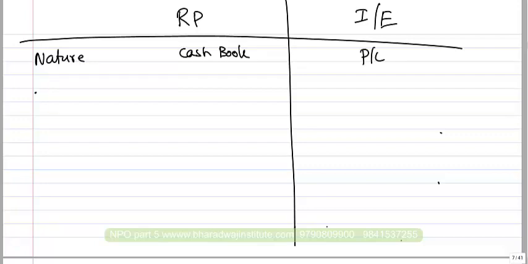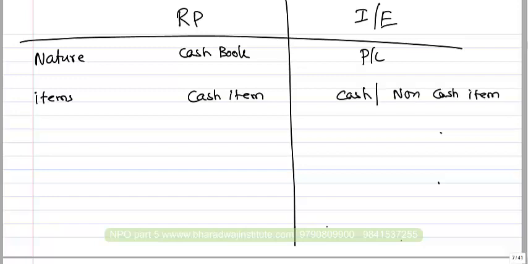Okay, receipts and payments account is more like what? Cash book. We had seen many problems. Opening balance plus all receipts and payments are recorded. But whereas income and expenditure account is like what? A P&L account. And in receipts and payments account, we'll record only cash items. What do you mean by cash items? Whatever is collected and paid will be recorded.